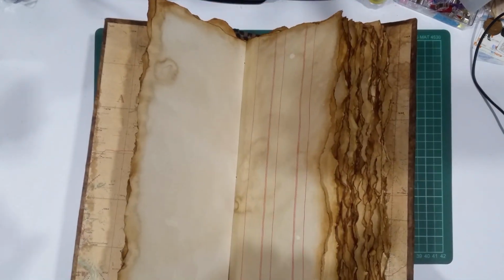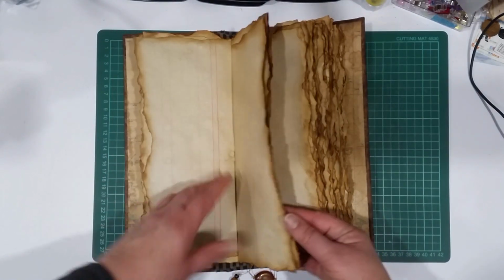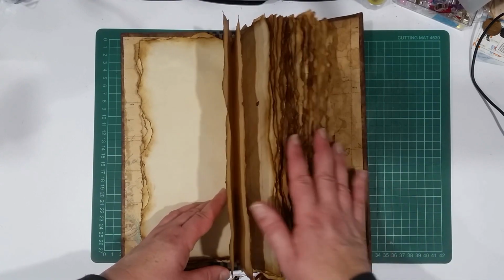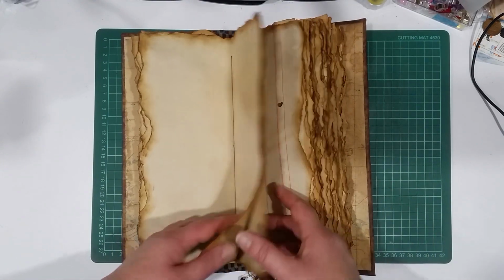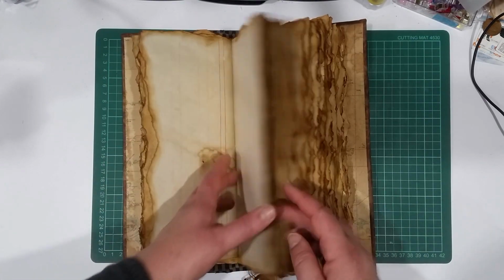Sorry, you can see the shadow of my camera holder. I love the torn pages. Like, look at that. It just looks so delicious. Anyway, I've only used those pages and I